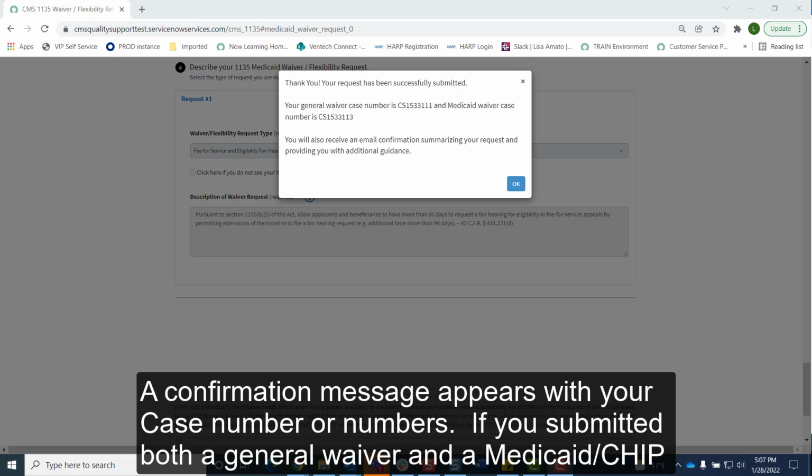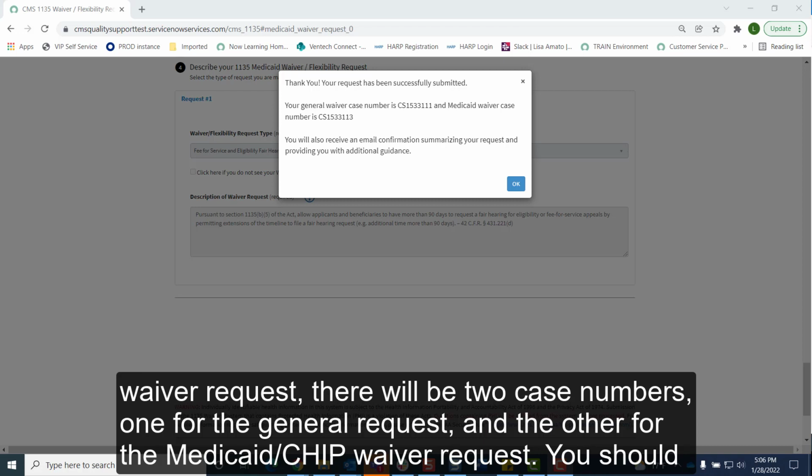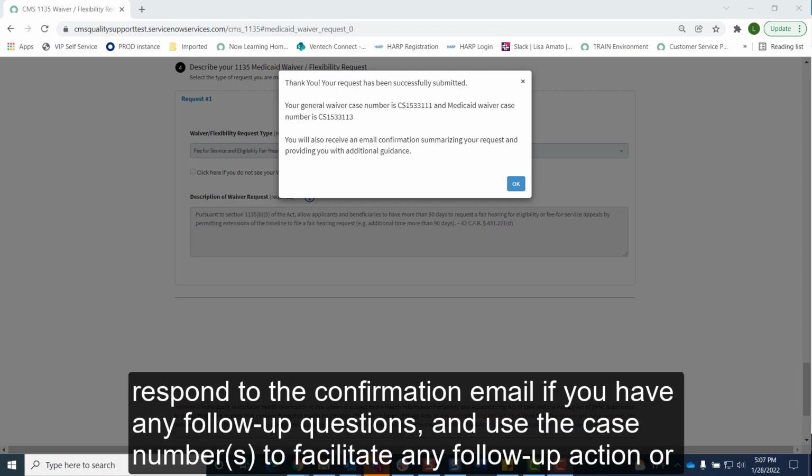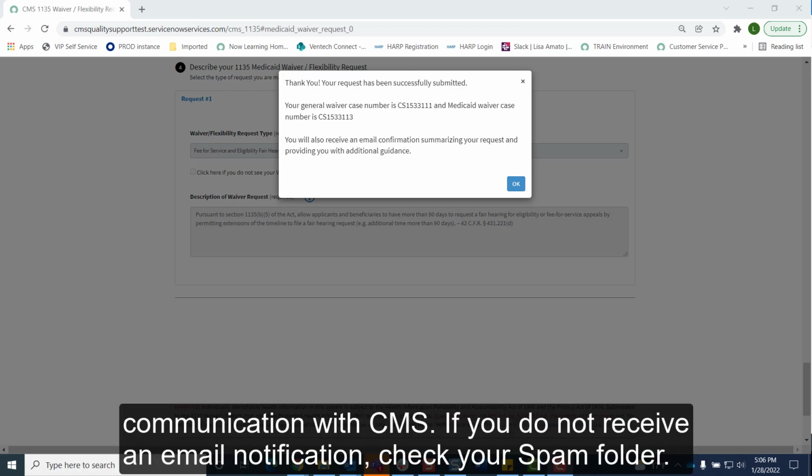If you submitted both a general waiver and a Medicaid CHIP waiver request, there will be two case numbers, one for the general waiver and the other for the Medicaid CHIP waiver. You should respond to the confirmation email if you have any follow-up questions and use the case numbers to facilitate any follow-up action or communication with CMS. If you do not receive an email notification, check your spam folder.